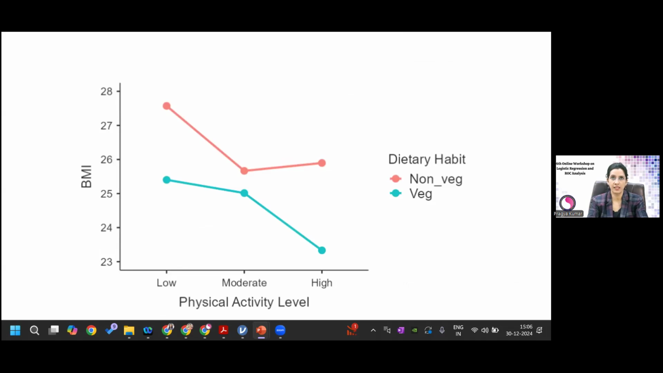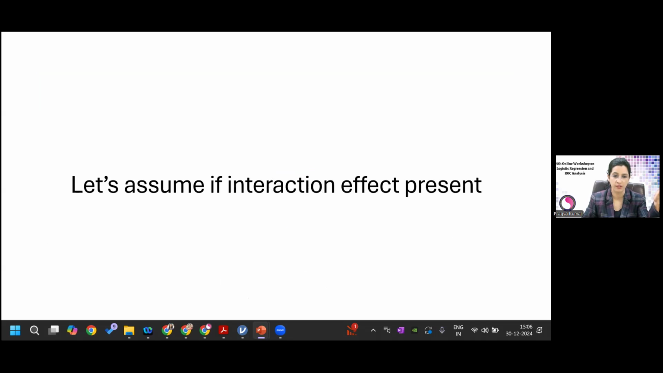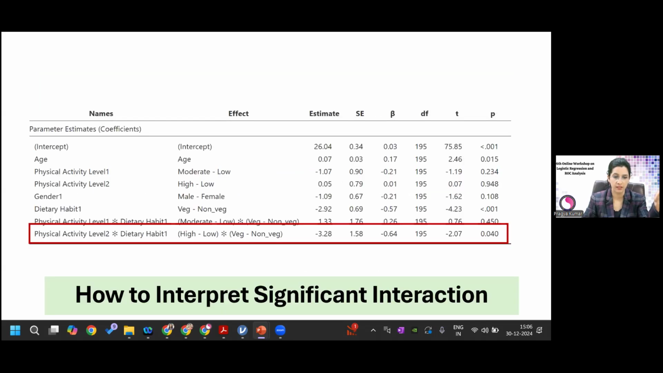Whenever there is a significant interaction, you will see it in the lines which you draw. This is a graph. I will show you the option. If there is no interaction, both lines will not cross. And if there is an interaction, they will cross each other. So this is the interaction. This is again the same thing. If interaction is present, like this we have just seen, the estimate was